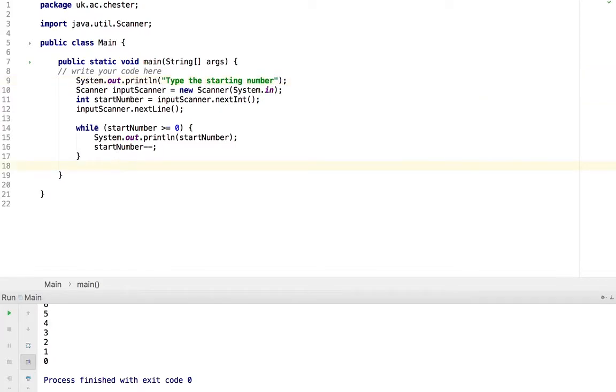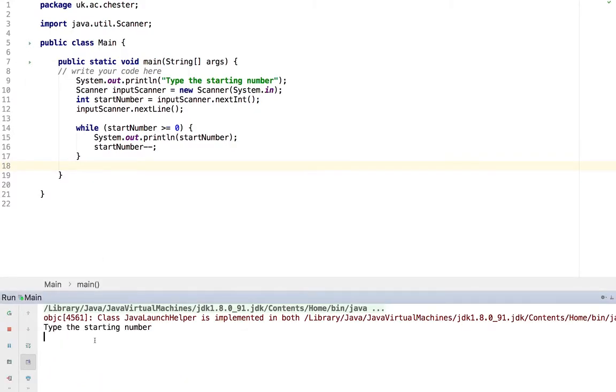Okay, that's all well and good. If we run it again, but we enter a number like -5, it just terminates. We don't get any output to our user. Okay. Now what we could do is actually force the first time that loop to run and have a quick check that